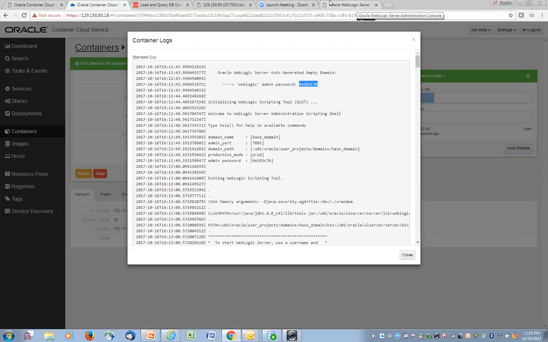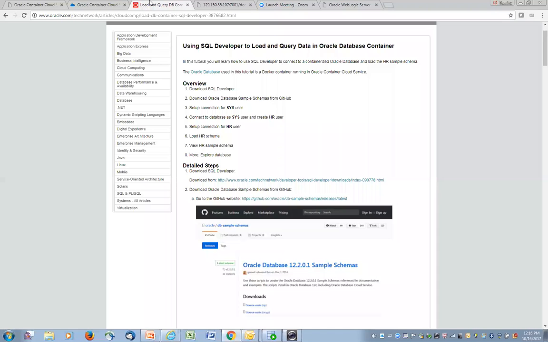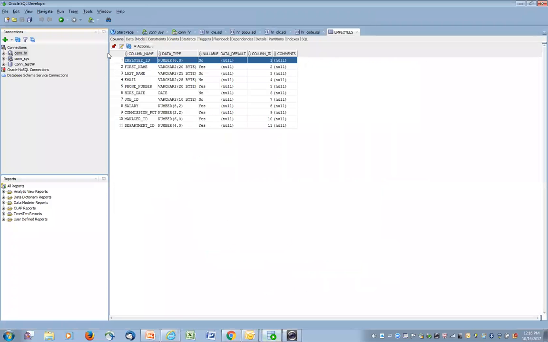Before that, I mentioned this image does not have HR schema uploaded. So the third link that you saw on the PowerPoint slide will lead you to this one. It will help you upload HR schema through your SQL Developer. Here, this is my SQL Developer instance. I went through the steps. I actually skipped one last script, analyze, but you can see